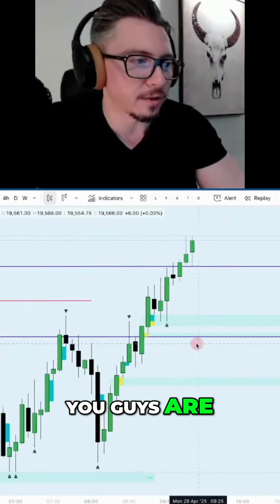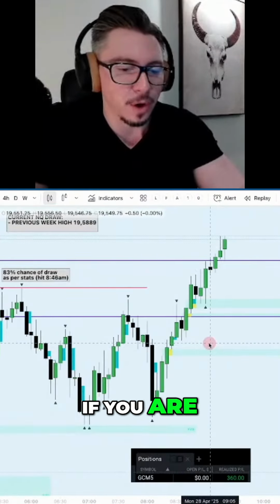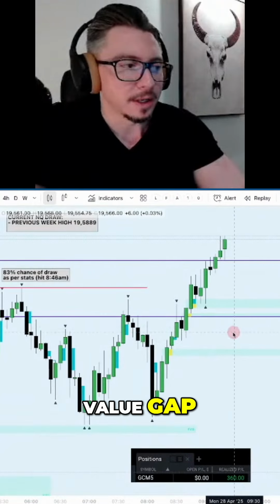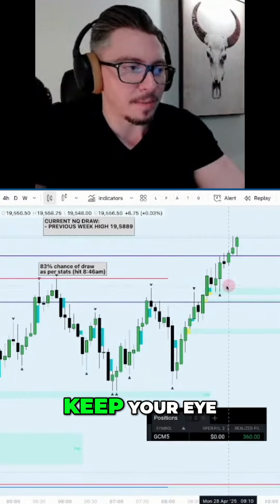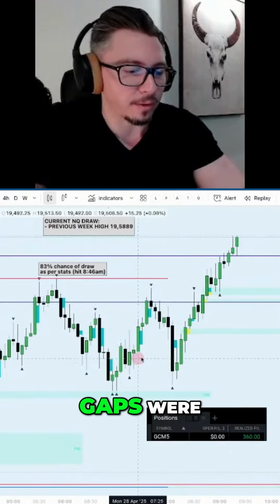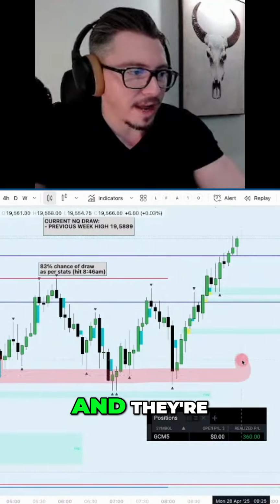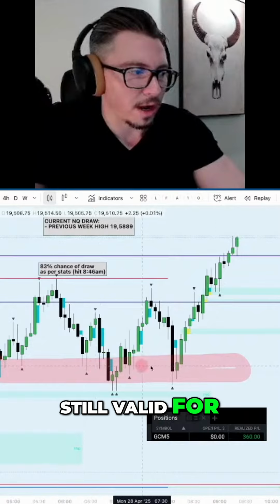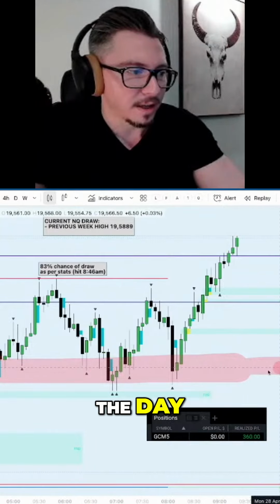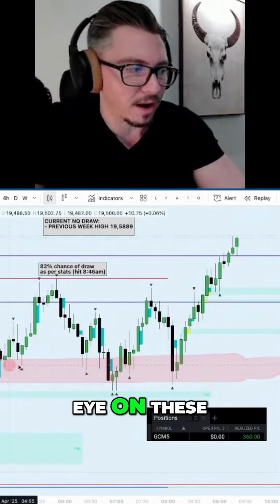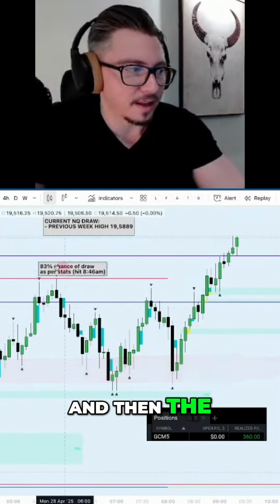So make sure that you guys are looking for one. If you are inversion fair value gap traders, this will help you keep your eye on where the fair value gaps were, because some of these fair value gaps get retested and they're still valid for a long portion of the day. So make sure that you guys have your eye on these levels. And then the last thing